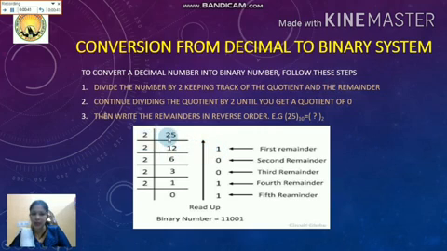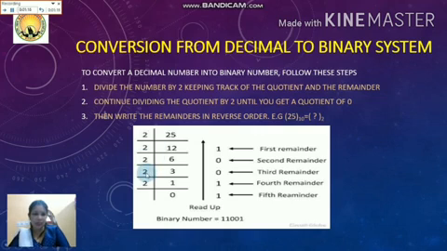So if we divide 25 by 2, the quotient will be 12, and the remainder will be 1. We'll keep on dividing the coming quotient until we get 0 as the quotient. Let's start from the beginning. We divided 25 by 2, the quotient is 12, remainder is 1. Next we divide 12 by 2, the quotient is 6 and the remainder is 0. Always keep writing the remainder on the right hand side.